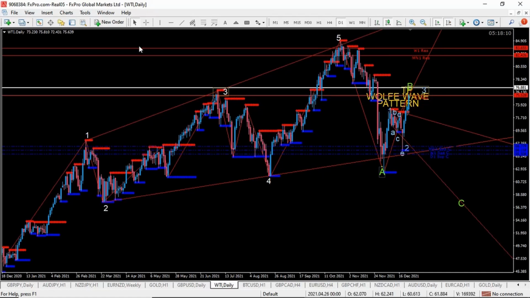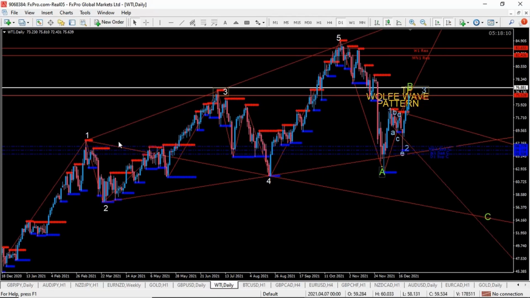Just like we explained with the Wolfe wave pattern, there's also the ending diagonal pattern. After the wave 5, you draw from point 1 to point 4. That's what we do, point 1 to point 4, as you can see here. So where are we expecting our C? This is the zone or the area where we are expecting our C.